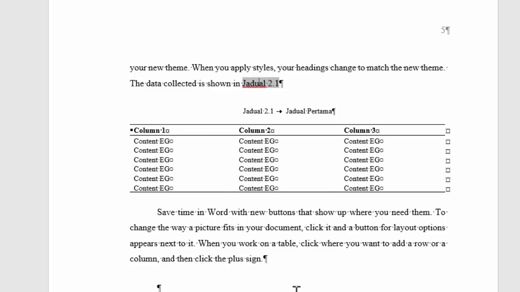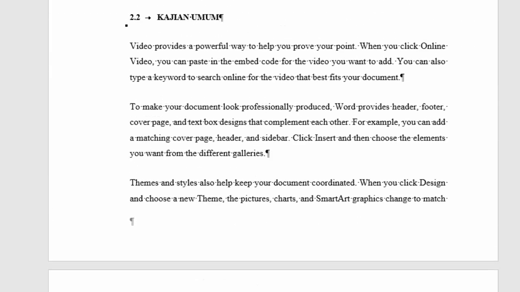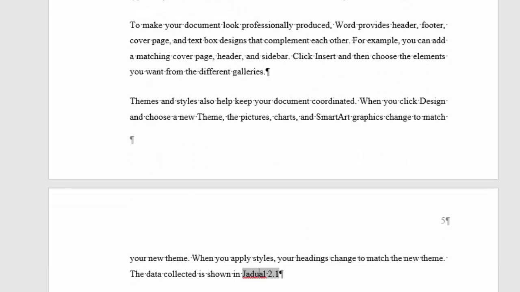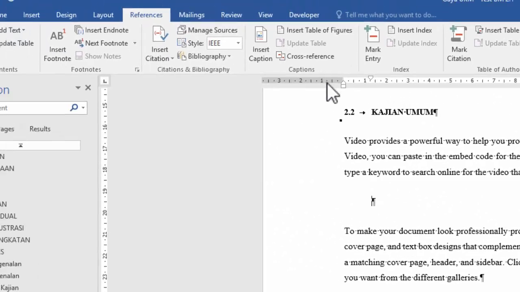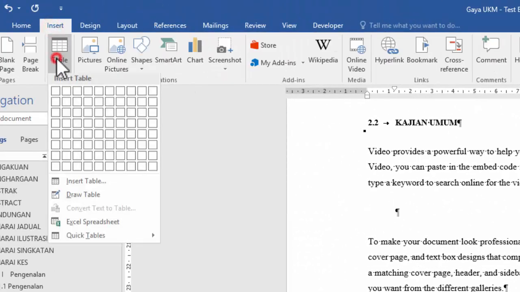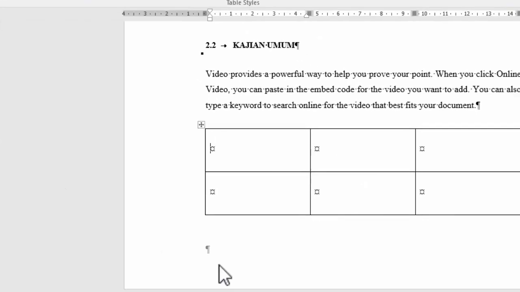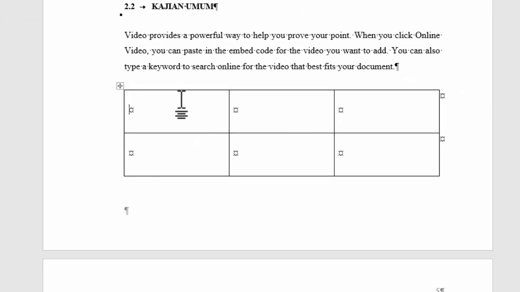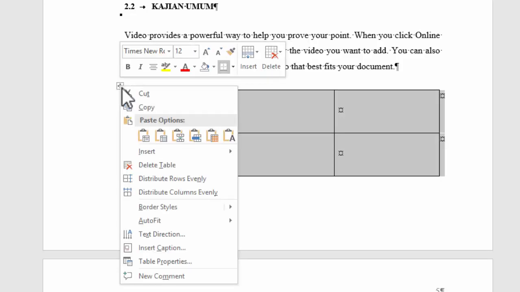Okay, let's say at some time you would like to create another table before this table. Let's say now I have to create another table here, somewhere here. Press enter, insert another table, a short table this time. Let's say 3 with 3 columns. Okay, so the first thing I need to do is, of course, select the table and then right click, insert